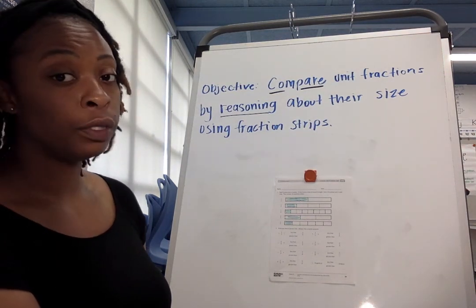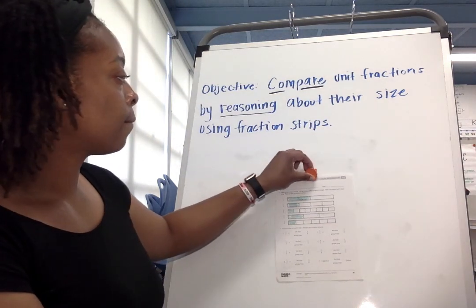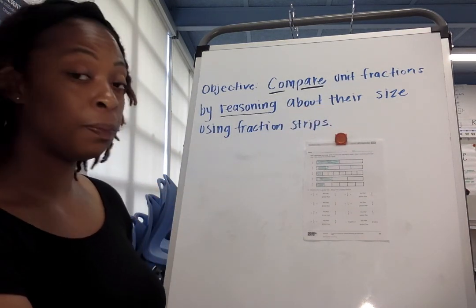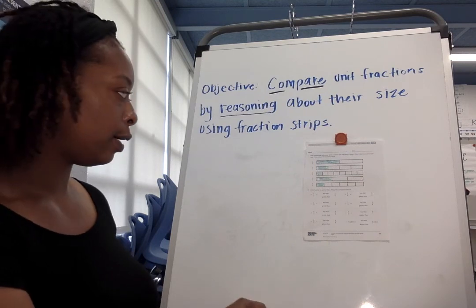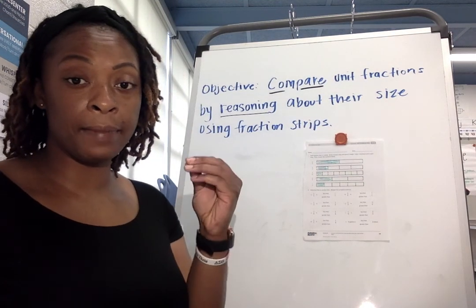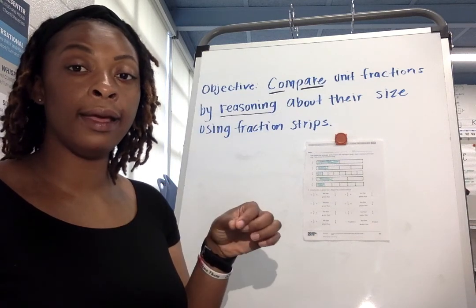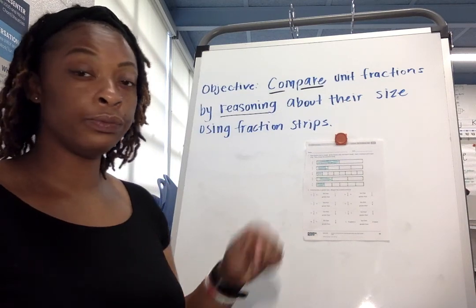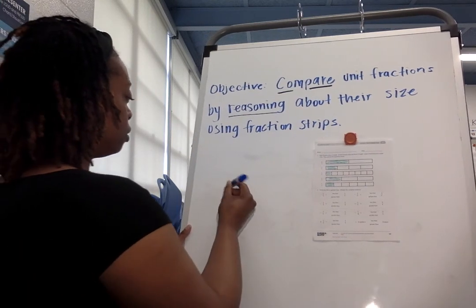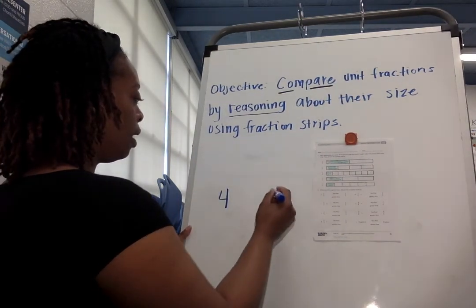So we're done with number 1. That was pretty easy. Now, number 2 is where things get a little bit tricky, and I want to explain something to you before we get started. I'm pretty sure that you all have seen the alligator mouth when you start talking about greater than, less than, or equal to. For an example, if I have the numbers 4 and 8,